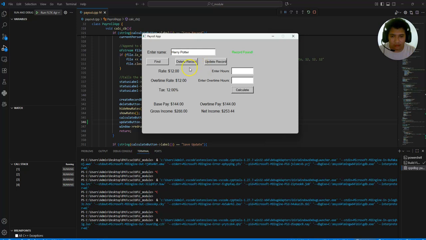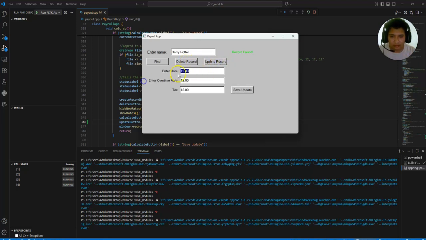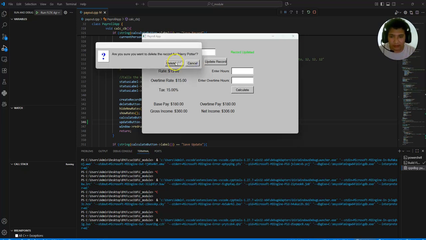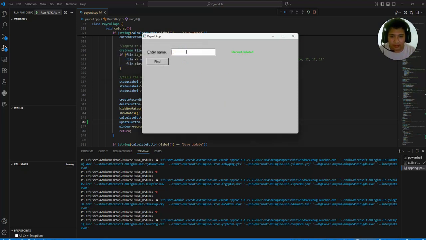And I can also update and create a record. To start with an update, so change the value, and it will update the CSV, and then the calculation will still be the same. I can also delete a record, and if we try finding that record again,